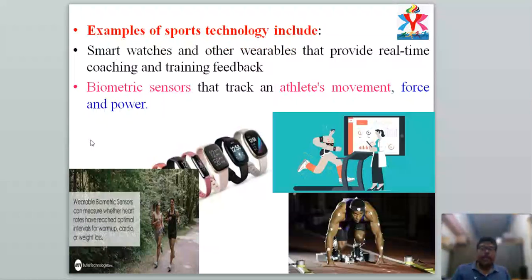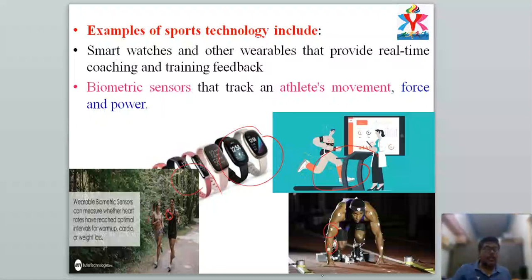So examples of sports technology include, so what kind of technology are we using, what are the examples? So if you observe carefully, this is the treadmill, and these are the smart watches and heart monitor watches, everything. Here, if you observe, the heart rate monitors, and sensors, so biomechanical analysis, kinesiological